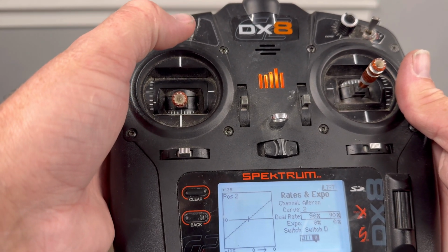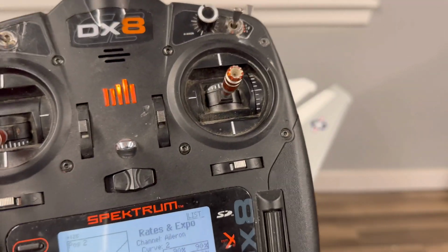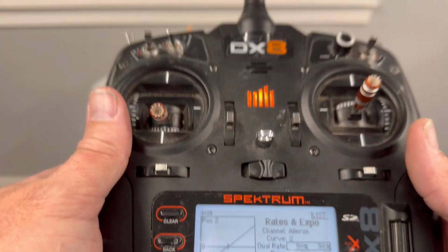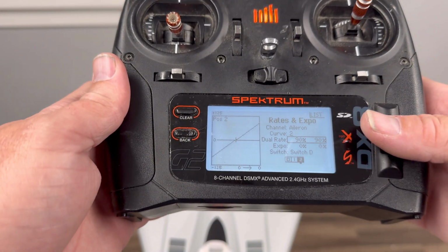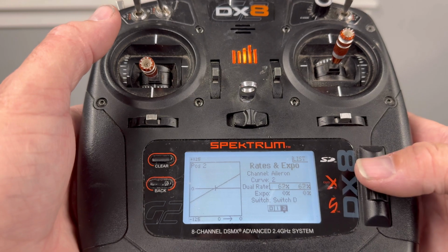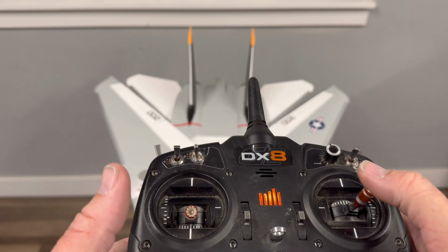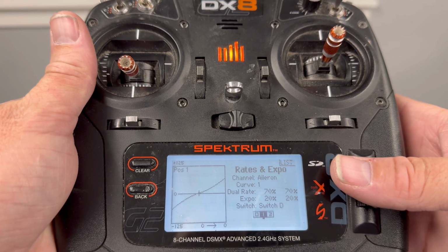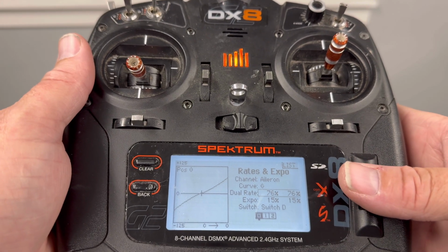So where your rates on this need to go: when your wings go back, you're going to need less rates, okay? And the reason why is because when it becomes smaller, the airplane is easier to rotate. So we need less on there. Right now we got 90% showing on here for wings back, and we're going to take this back to, let's start with about 60 on there, okay? Then we're going to go 70 for mid, and then we're going to go 80 on